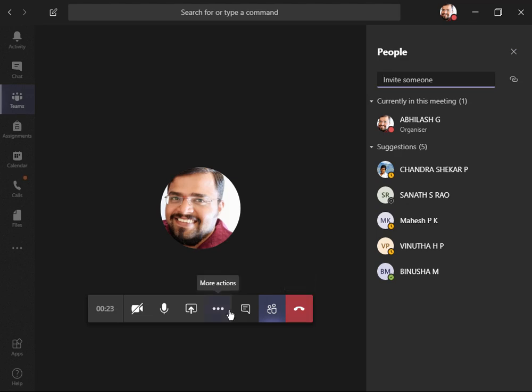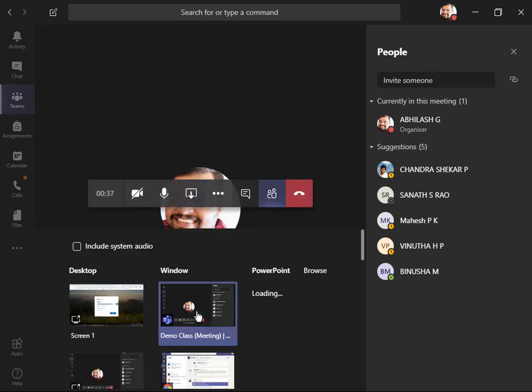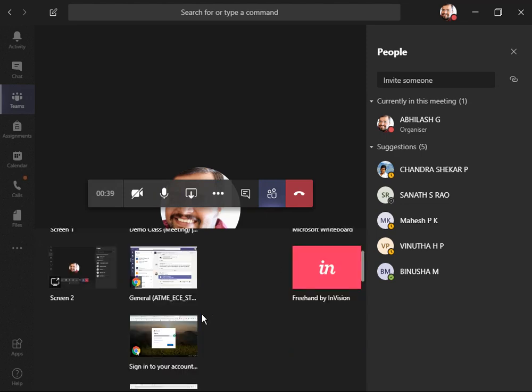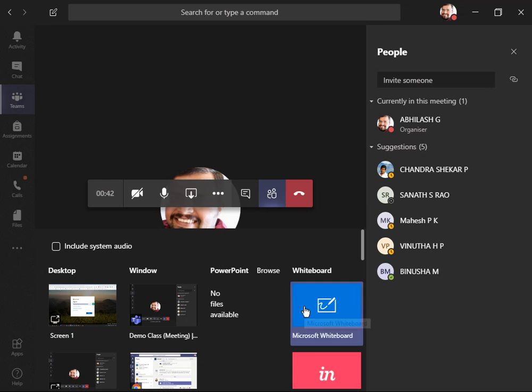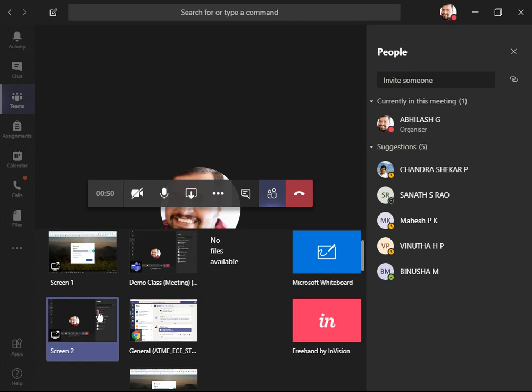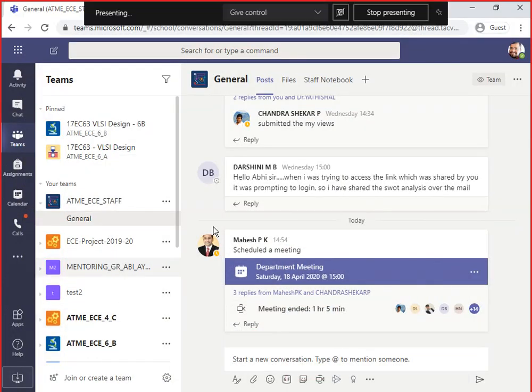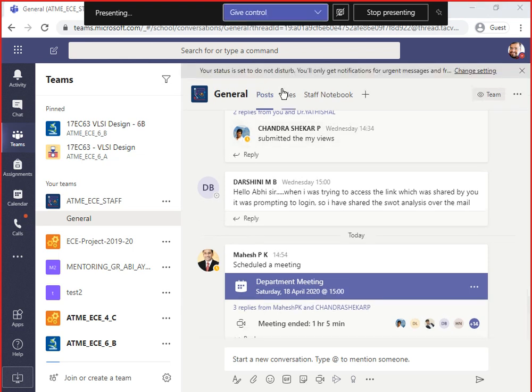Now, the other aspects of this meeting. If you have a slide that you would like to share, the best way to do it is using a screen share. You can click on the share button, and you can see that it will show you your windows or whatever applications you have opened. They can be opened separately. The easiest thing would be to open the window that you are currently using. I have two screens connected to my laptop right now, so I'm going to use the screen that I'm currently using in this demo. So I connect to the screen, and the entire screen is made visible to the person on the other end.